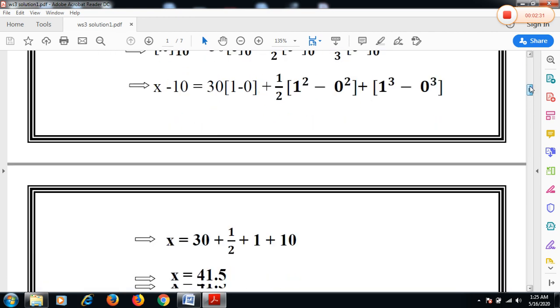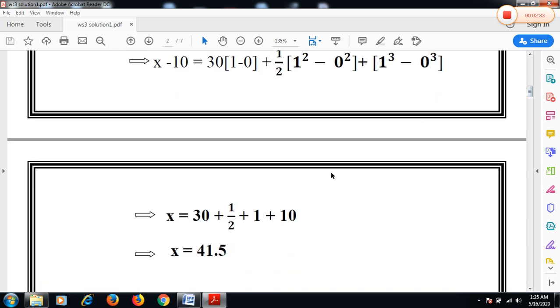Okay. So on the right hand side we have 30 plus half plus 1, and the minus 10 on the left hand side is put on the RHS as plus 10. Okay. So the total displacement will be x equals 41.5